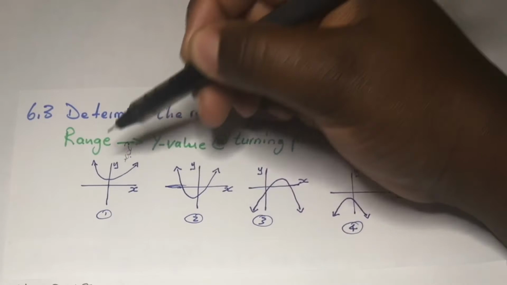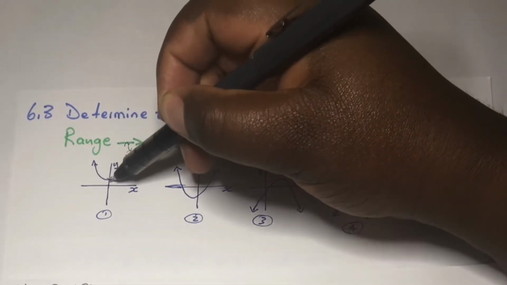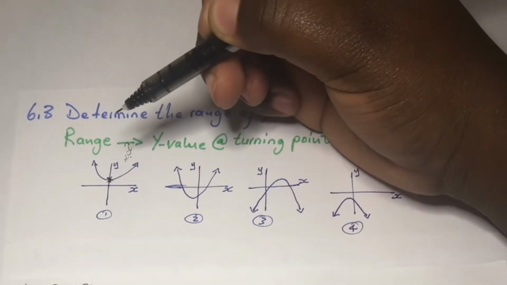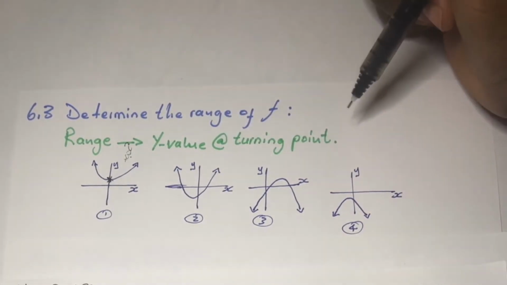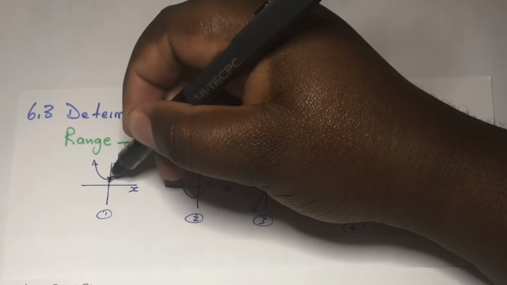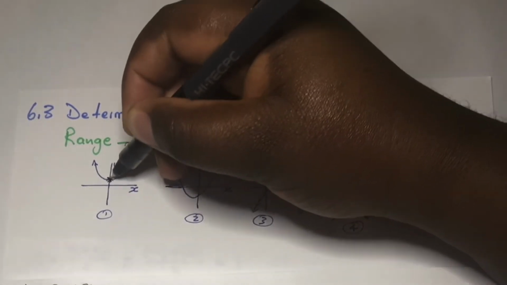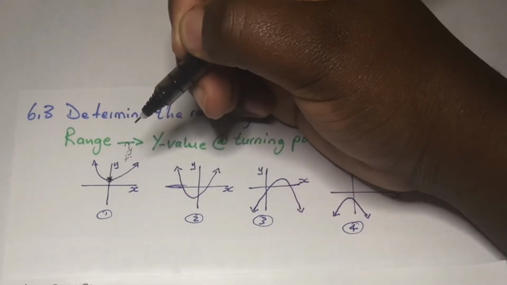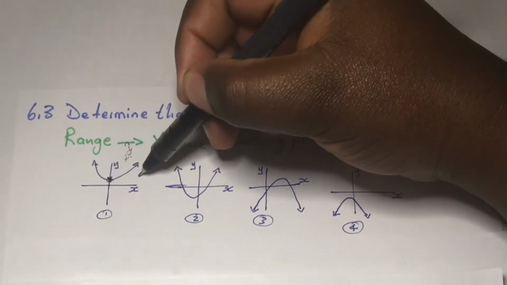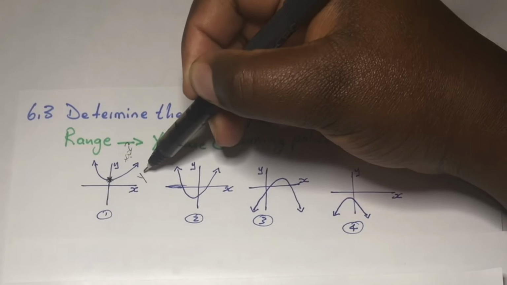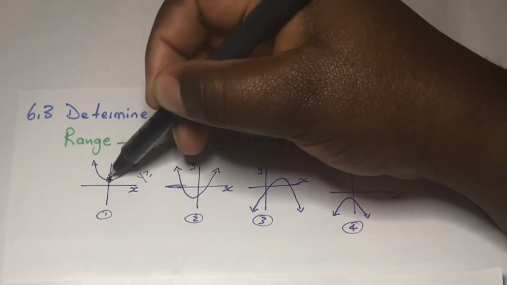So as far as the range is concerned, that means at that point, that's where you've got your y value at a turning point. So if you know the y value at that point, you can simply give the range